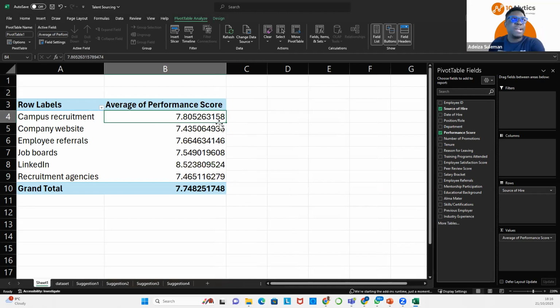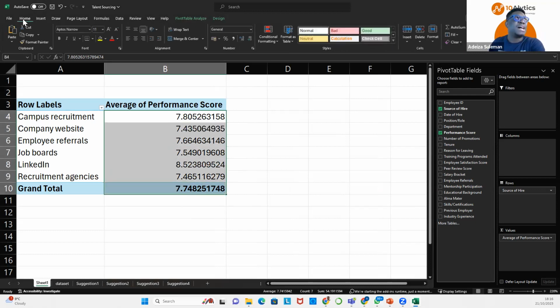So now you've seen 7.8, 7.4, 7.6 with all the decimals as usual. I want to take out all the decimals. So I'll select my numbers. I'll click on my home tab, home. I go to where I have my decrease decimal. By now, if anybody here who doesn't know how to use Excel should know how to decrease decimal. We've done it like 1,000,000 times already. So I click on decrease decimal until it reduces the decimal place to what?